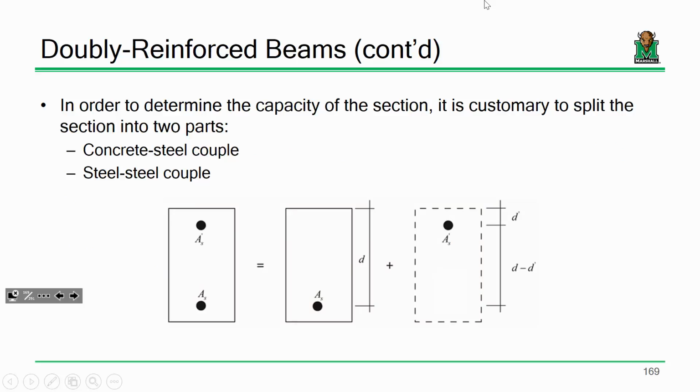Now, to compute the capacity of a doubly reinforced shape, which, by the way, we're really not interested in, at least for the purposes of this course, from a design standpoint. All I'm trying to do is ascertain if I have a doubly reinforced beam, how do I determine the capacity? Just because A, we can get a little bit of a benefit in capacity, and B, it helps out later when we look at beam columns. Now, when we look at the capacity,